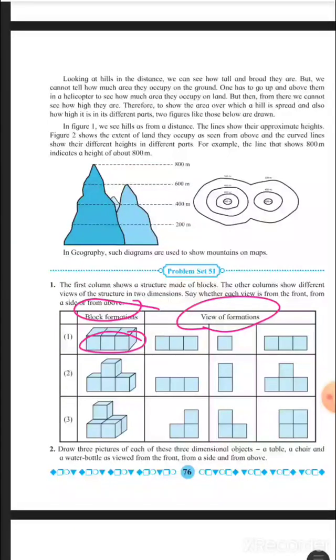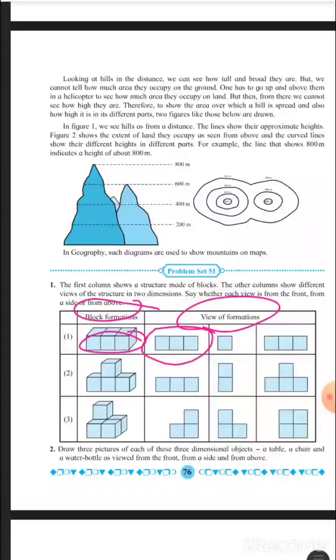Now you can tell from which view you can see this picture. It's from front view, from side view, or from above.